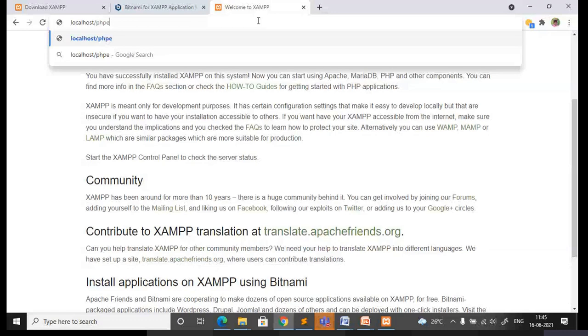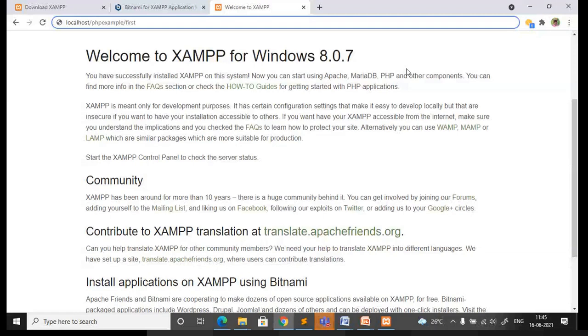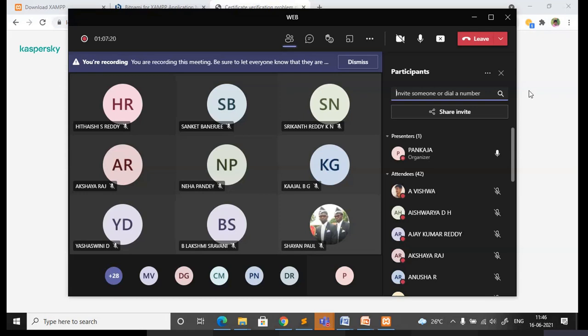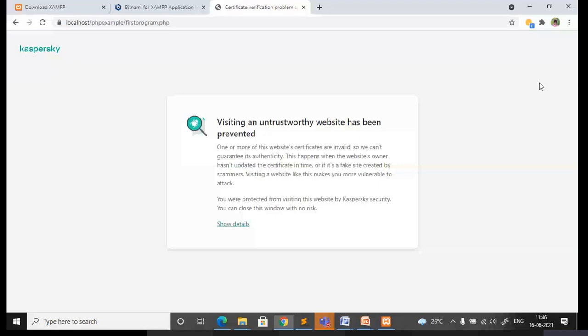What is the file name I have given? There was a little disconnection in the network. Okay, you can see the output.